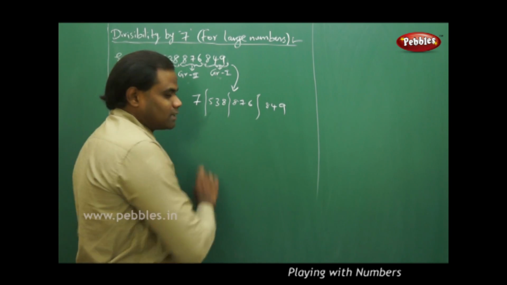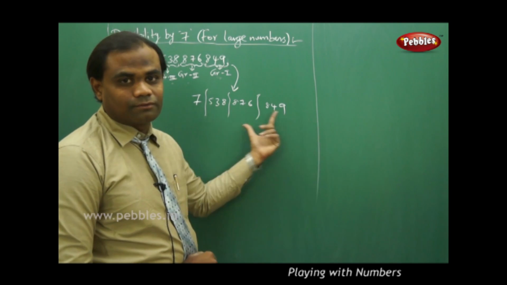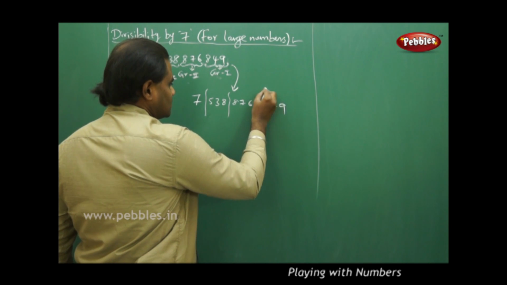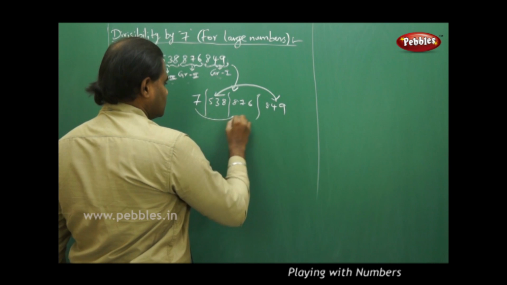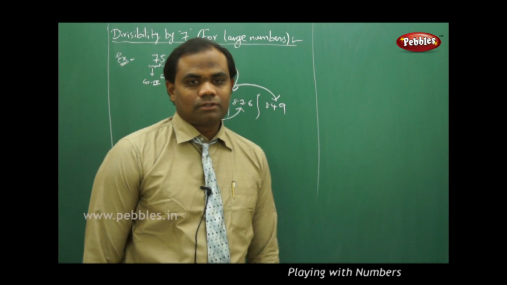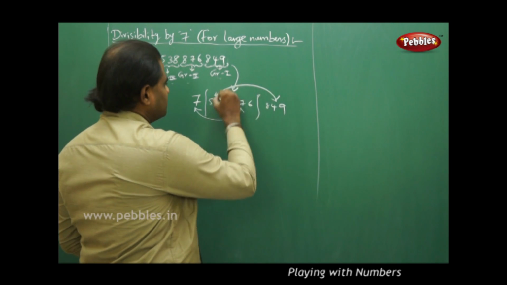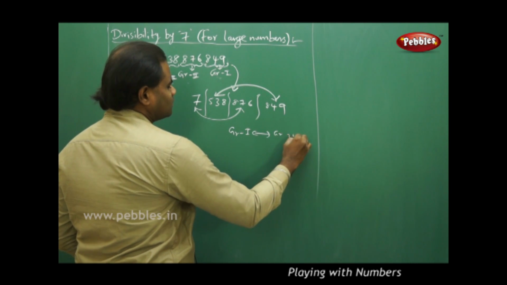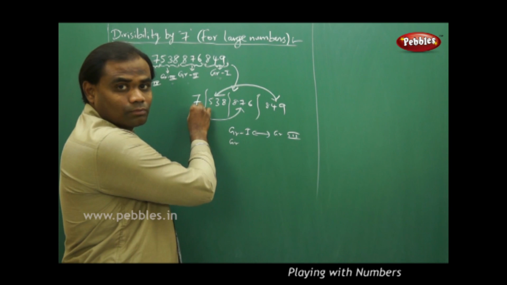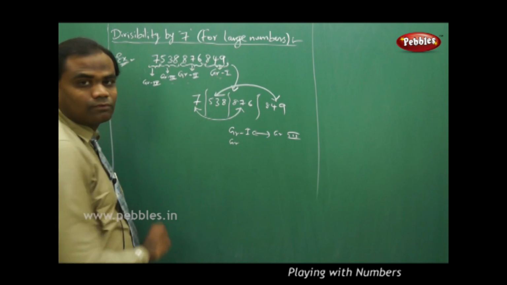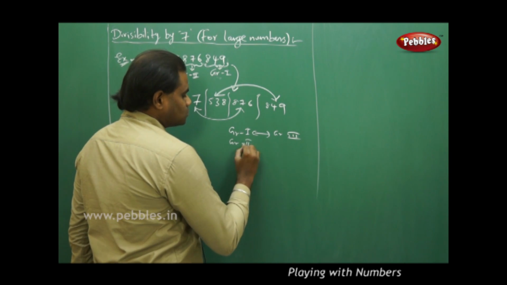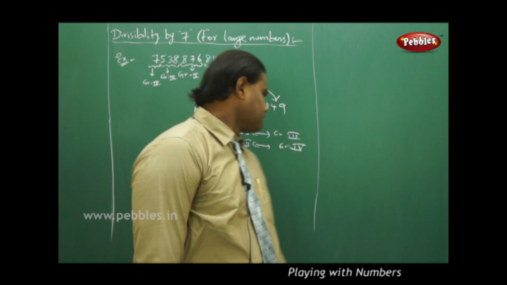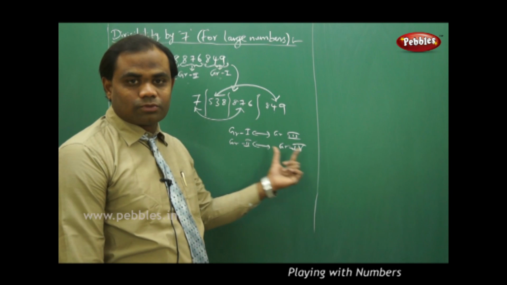So to check for divisibility of 7, my step 1 is about breaking into groups of 3 starting from right to left, and my step 2 is about picking up the last and the alternate groups. Once I pick the alternate groups, group 1 is paired with group 3, and group 2 is paired with group 4, as I proceed from group 1, group 2, group 3 and group 4. Now as I pair group 1 with group 3 and group 2 with group 4, I am going to add